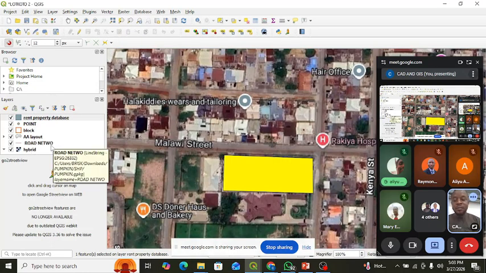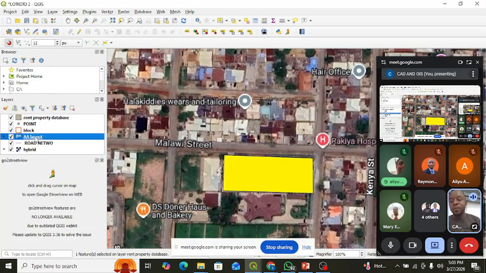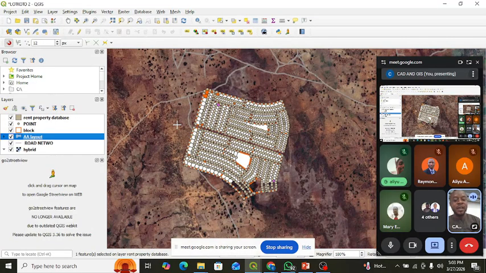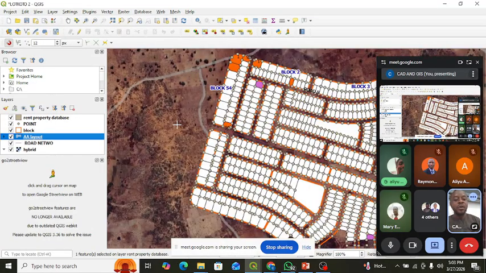All right, so the next one has to do with layout management, or layout allocation management, where you have a plot, or you acquire a plot of land, or hectares of land, and then you decide to, just a minute, let me accept